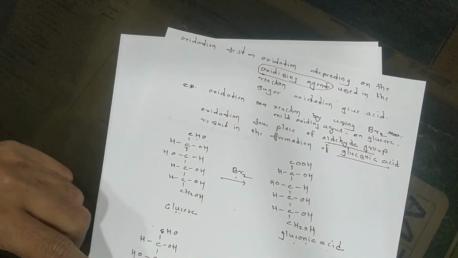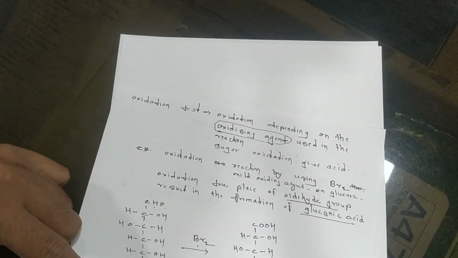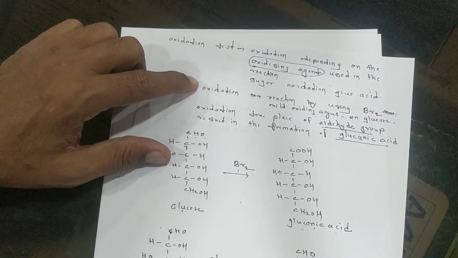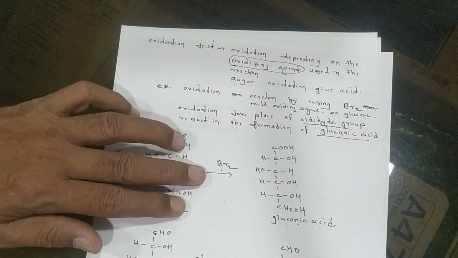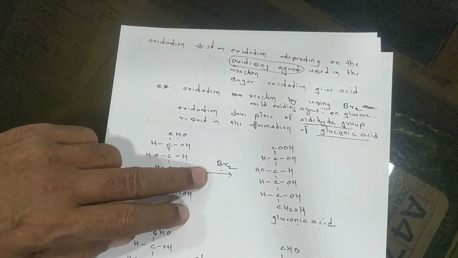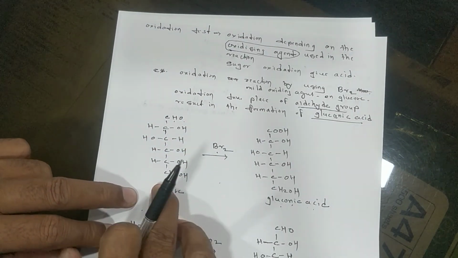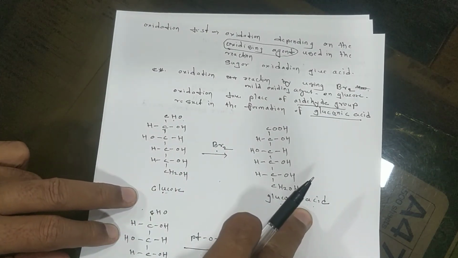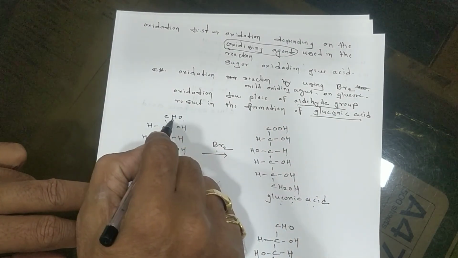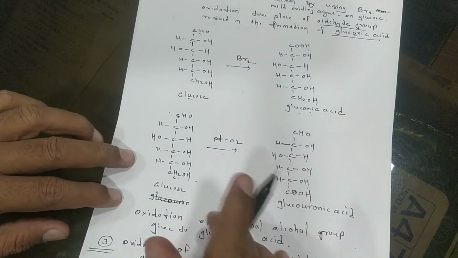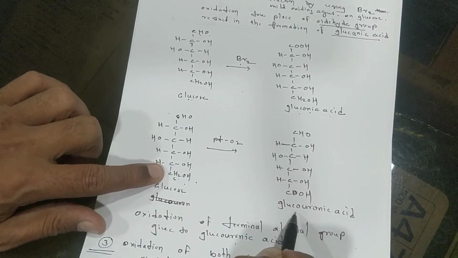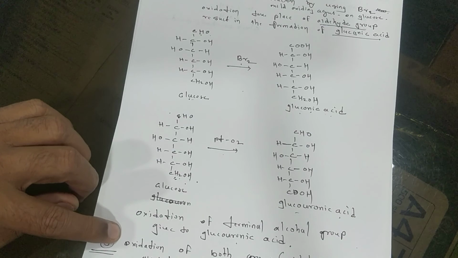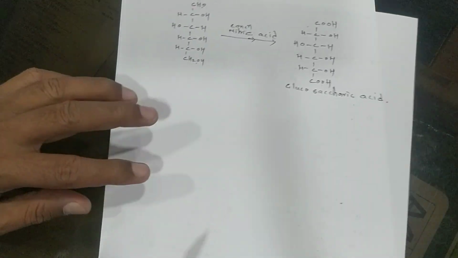Now these are the three different oxidizing agents. First, glucose reacts with bromine, a mild oxidizing agent, and gives gluconic acid, with the change in the aldehyde group. Second, we use platinum, the change takes place at the terminal alcohol and it gives glucuronic acid. And third, we use nitric acid, the changes take place in the aldehyde and the